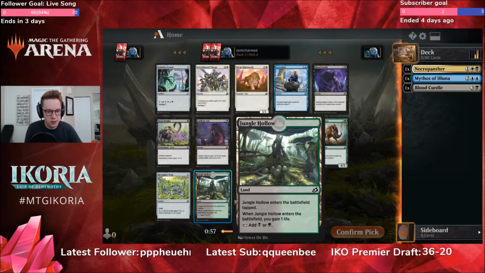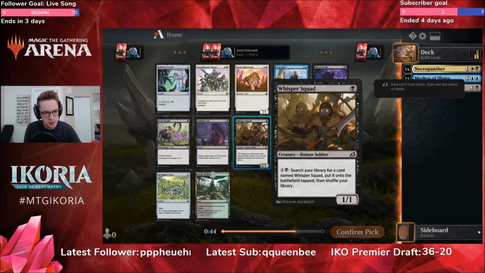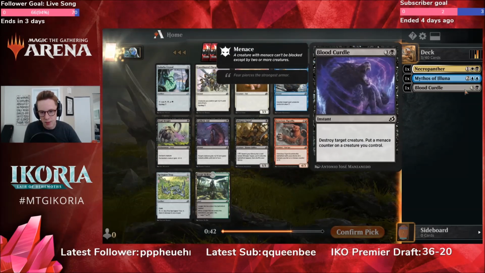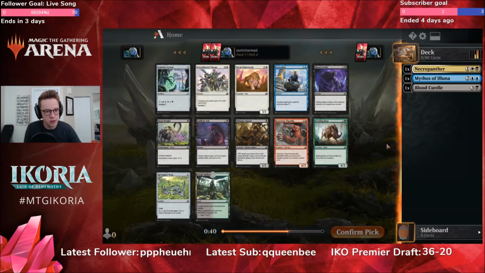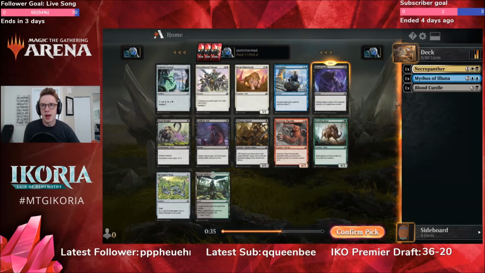See where we end up. We got a dual land if we want to get into some Sultai action. We've got a second Blood Curdle, and we've got a Dead Weight. Yeah, I think I'm on Blood Curdle as now a clear better common than Dead Weight. Do you want the second Curdle over the first Dead Weight? I think you do. I think you do. Just being able to actually...